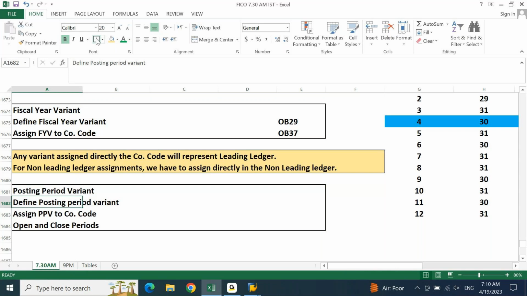Now, posting period variant is ledger and company code specific. Based on the number of ledgers, based on the number of company codes, you will have to create a number of posting period variants. Okay, I'll put: posting period variants are created in the combination of